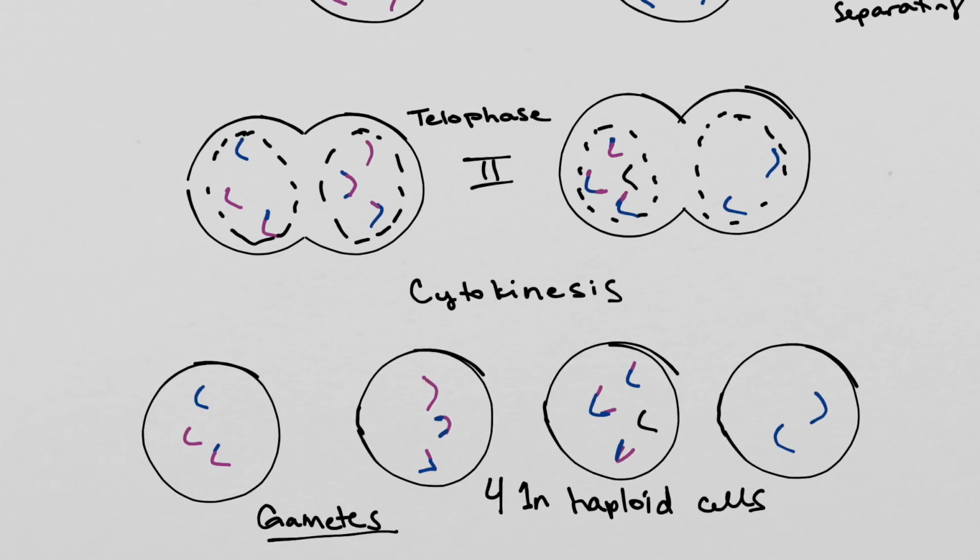So if nondisjunction occurs in anaphase 2, do you have any normal gametes? Yes, because these are still normal gametes. All right? Okay. Is that clear? Yes. Okay, perfect. And is there a way we could get